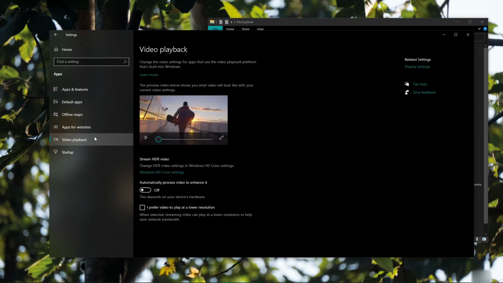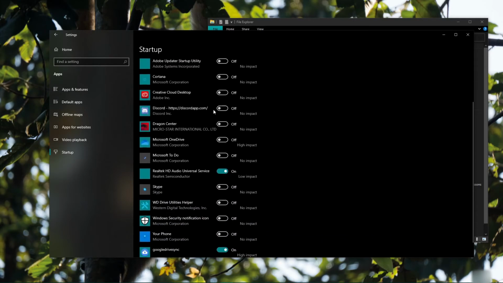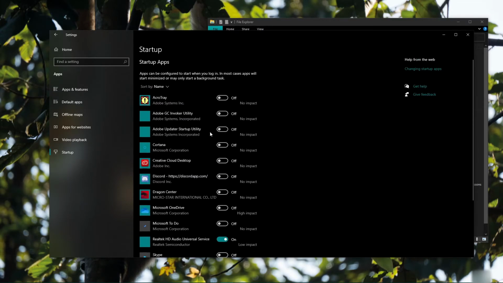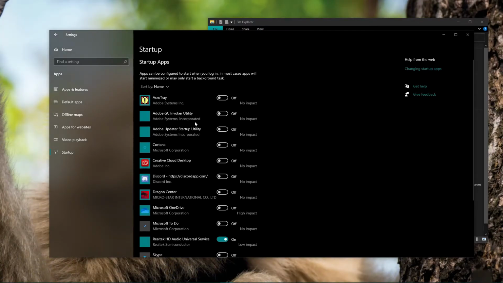The last thing that I want to show you here is the startup options. And this is where you can turn off or on the apps that launch automatically when you turn on your computer. The more of these that are on, the slower your startup is going to be. So it's advisable to not have these on unless you really need them to turn on. And so for me,